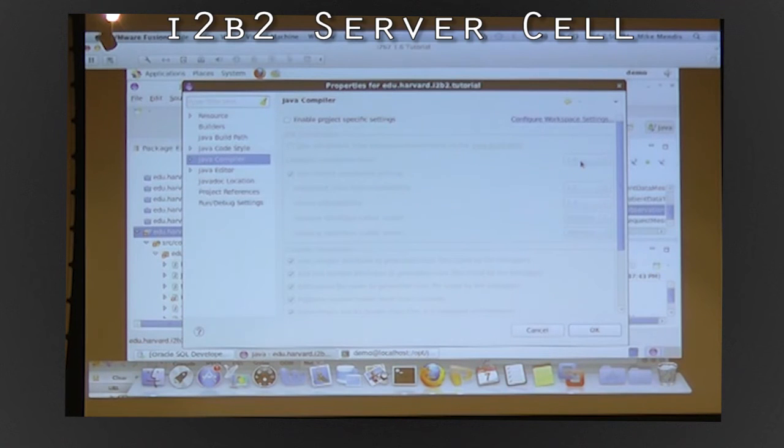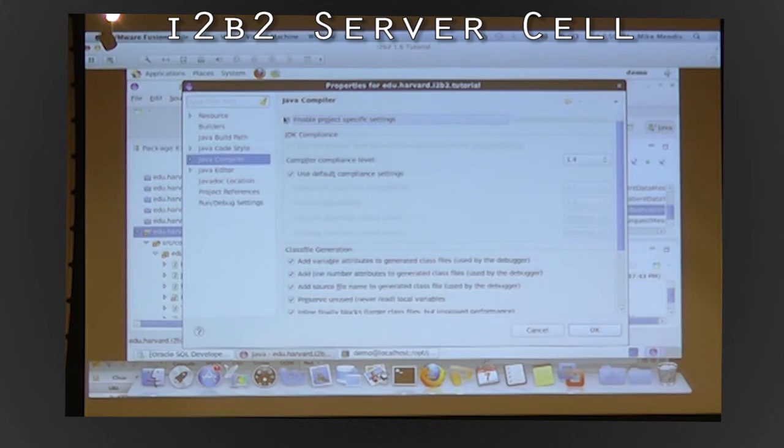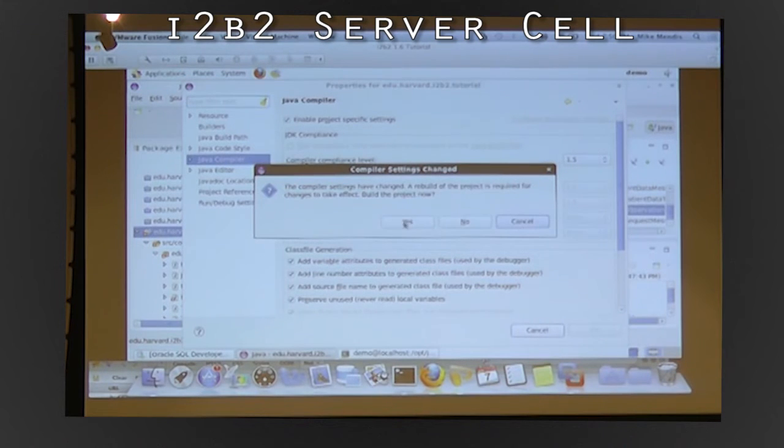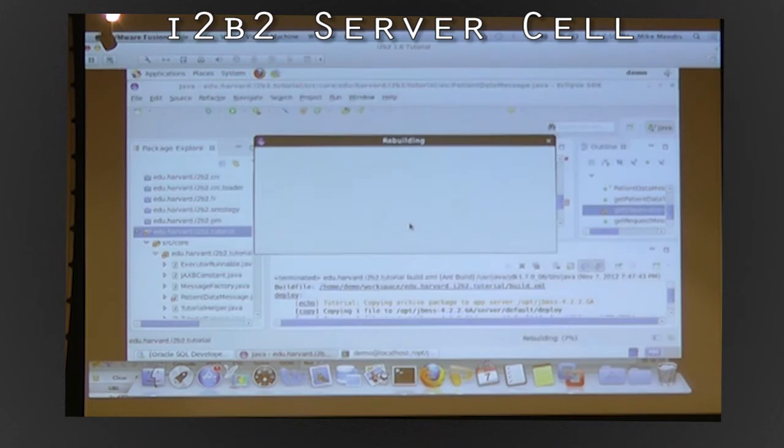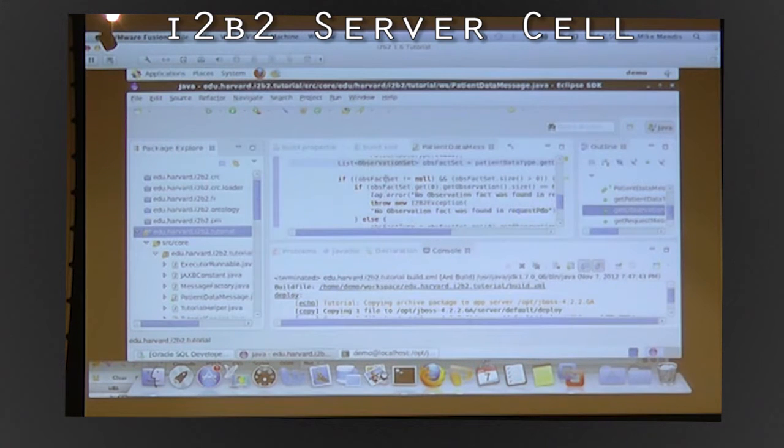So Eclipse is saying, okay, I'm going to think about everything in the 1.4 realm. Even though the Java is 1.7 and it is greater than 1.4, Eclipse is saying, I'm only going to think about 1.4. So we open this up and we're going to upgrade this. We can say 1.5. It was saying minimum 1.5, so it's fine. So we set that to 1.5, and then the compiler is going to rebuild everything. Fine. Rebuilding. And so now it understands